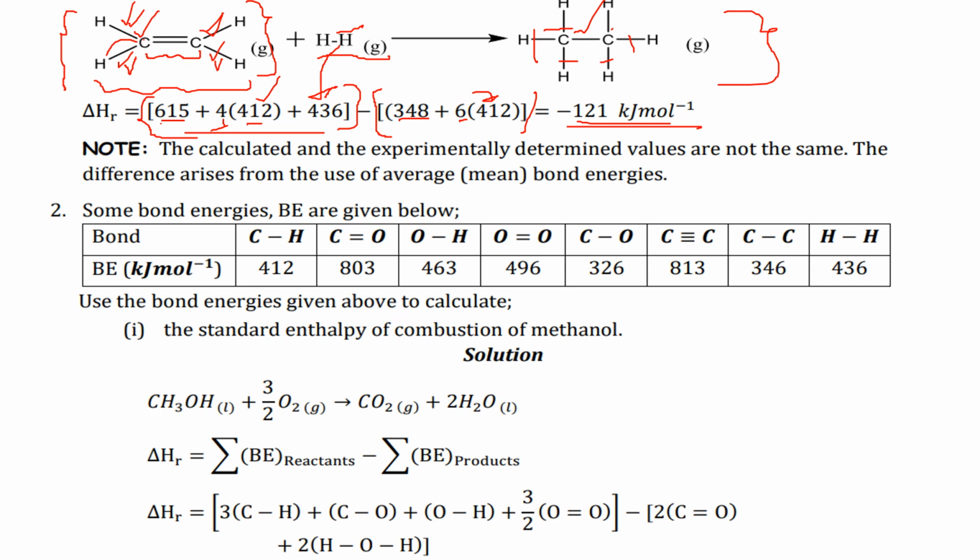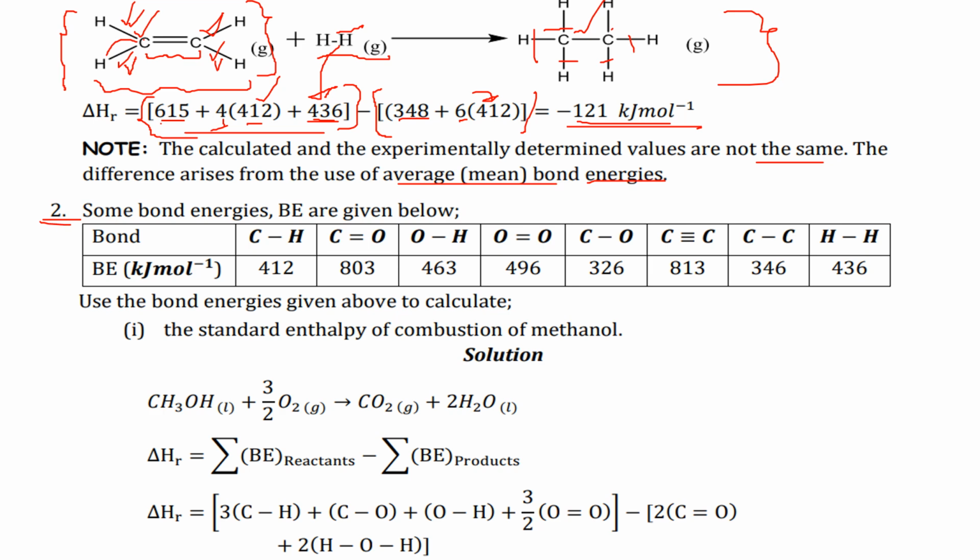Now you're going to note that the calculated and the experimentally determined values are not going to be the same. The difference arises from the use of average mean bond energies. The values that we are using here are just average bond energy values, just like we determined them in the previous video. So you're going to be looking at number 2,